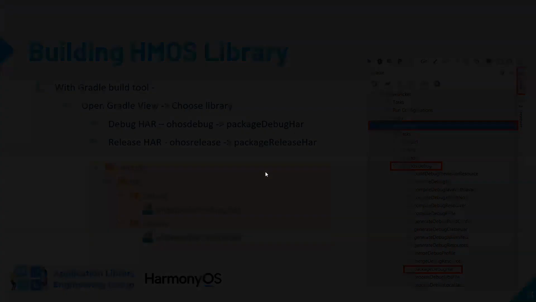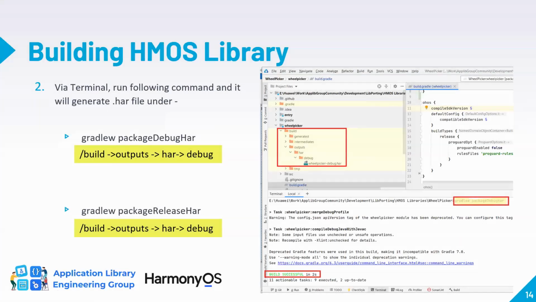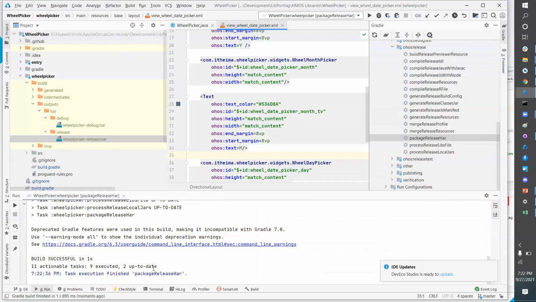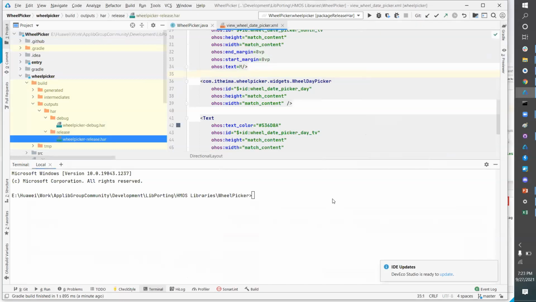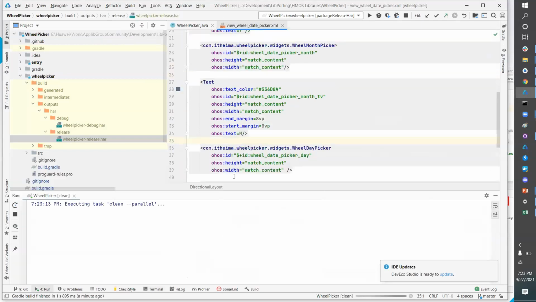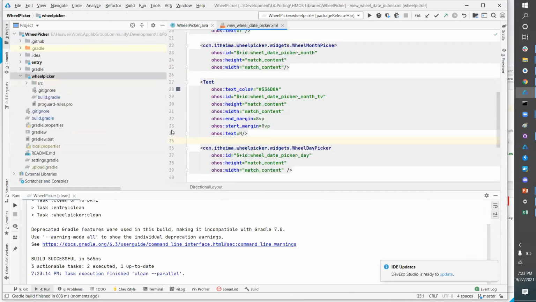We have another way, which is using the command line tool. So what is that? We'll see that. Here at the bottom, we have the terminal. If at any time we do not understand all this Gradle window, then there is a very simple command we have to just run. I'll again clean to show you.